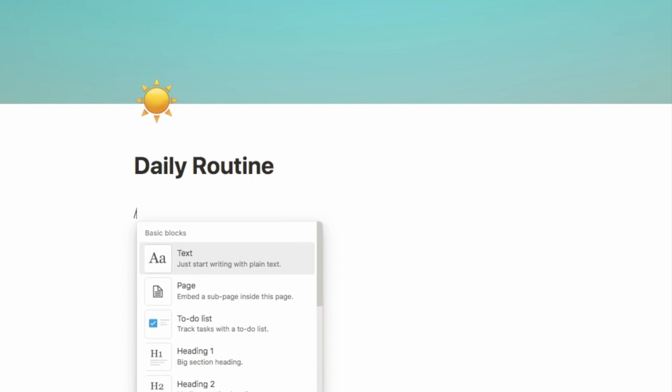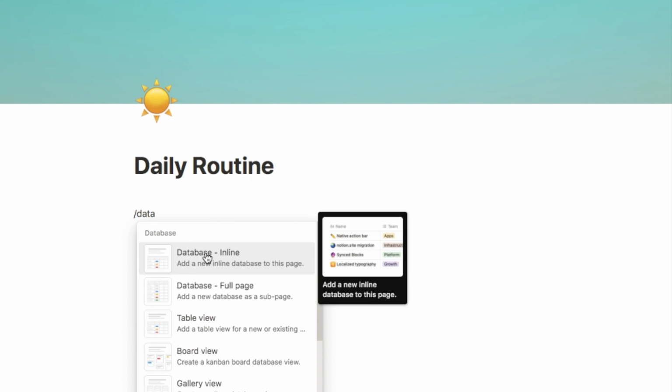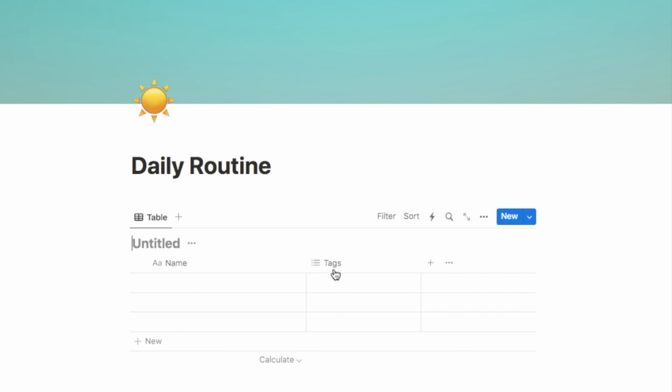So I'm starting off with a brand new blank page. I've just titled this one daily routine and just added an icon and a cover photo as well. So the first thing we're going to do is create a brand new database. So I'm just going to type in /database, and we're going to select the database inline option, and that's going to add a brand new database, and you can call this anything you like, but I'm just going to call